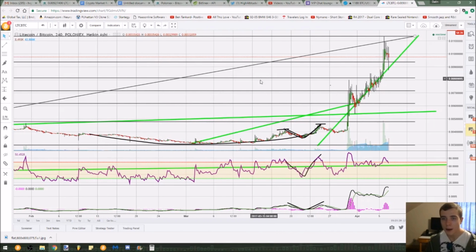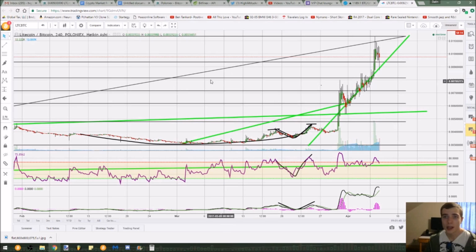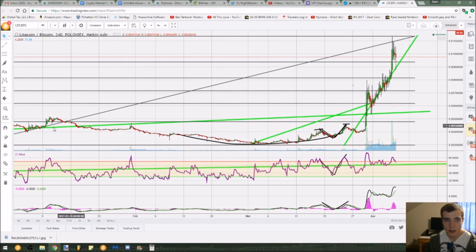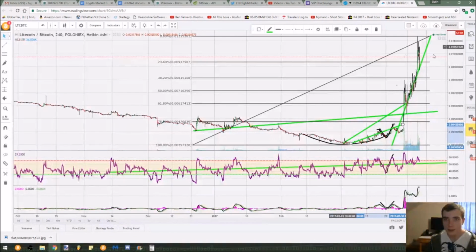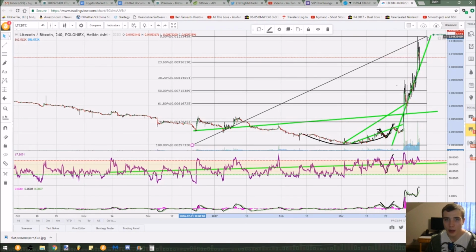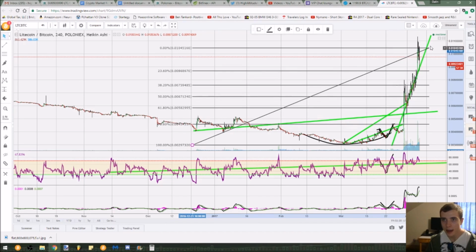So yeah, this is a pretty clean chart, but when you're doing technical analysis, you don't want to make it too messy. And the other thing is you want maximum data points touching. Do you see how there's tons of places in which the market has hit this spot, and tons of places that the market has hit this trend? And then there's tons of places that the market followed this trend too, right here. So you want to look for places where there's a lot of data points, and the maximum data points is key. So if you're drawing Fibonacci and you're looking to put the wick at the top, don't always put the wick at the top. Only put the wick at the top if there's the maximum